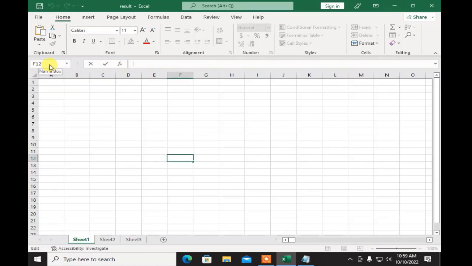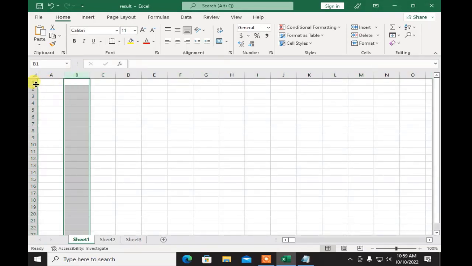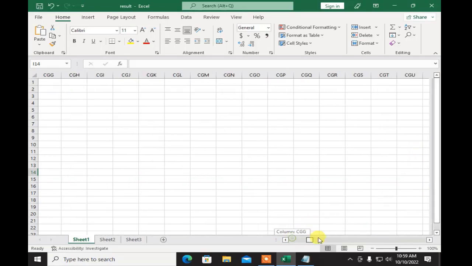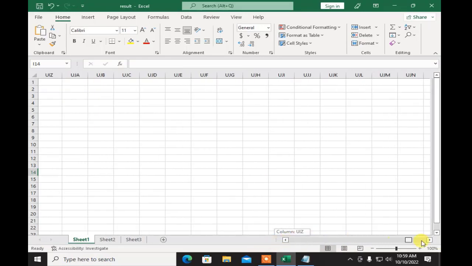It is also showing us the name of the cell here on the left. This is known as the name box. When we select any cell, it automatically displays its name. Below the formula toolbar, we can see the spreadsheet. Here we can see vertical columns and horizontal rows. In the spreadsheet, we can see the number of cells here, and also we can see the vertical scroll bar and the horizontal scroll bar on the right of the screen, from where we can navigate to the different parts